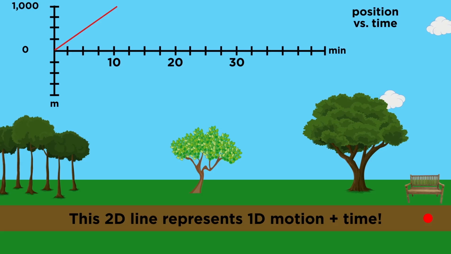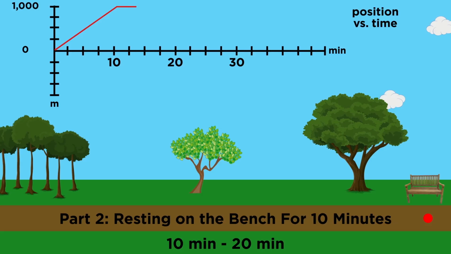Be sure to understand that this line does not represent a path in 2 dimensions. All the motion is along one line, but you are also moving forward in time, and that's what the x-axis represents. Now you are at the bench and you sit and look at the trees for 10 minutes while thinking about snacks. This means you will move forward in time by 10 minutes, but your position will not change. So this is represented by this horizontal line segment, ending at a point with coordinates of 20 minutes and 1,000